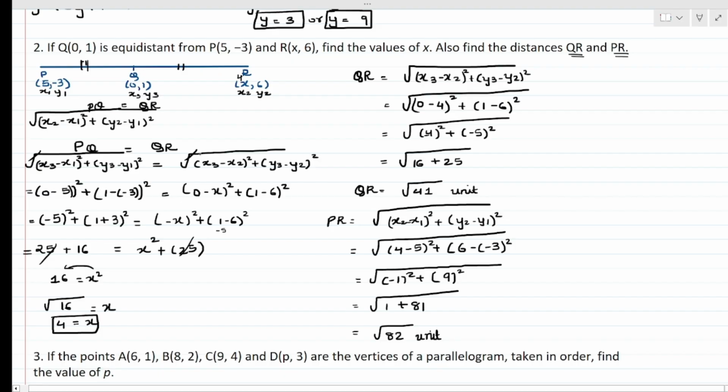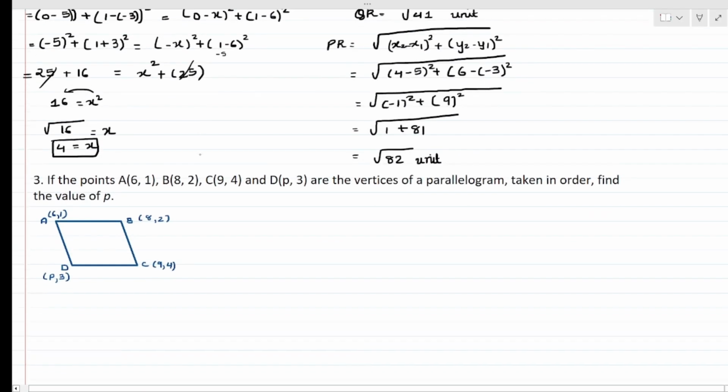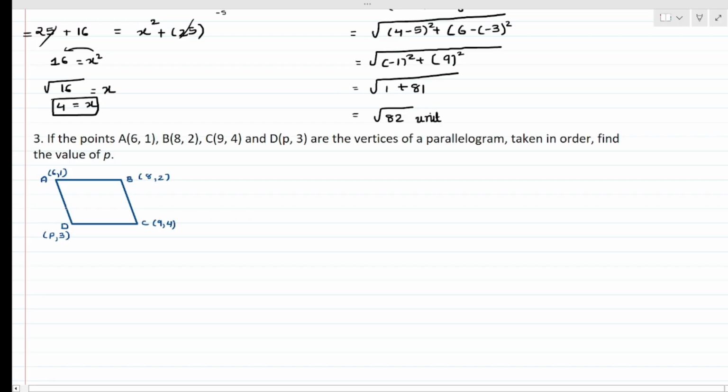This way you are done with your sum. Moving on to the next sum. Next sum says, if the point A coordinates are 6, 1, B coordinates 8, 2, C coordinates are 9 and 4 and D coordinates are P and 3 are the vertices of a parallelogram. The question over here is not about the line, it's about the parallelogram. Now, you should know the property of parallelogram that its opposite sides are parallel,